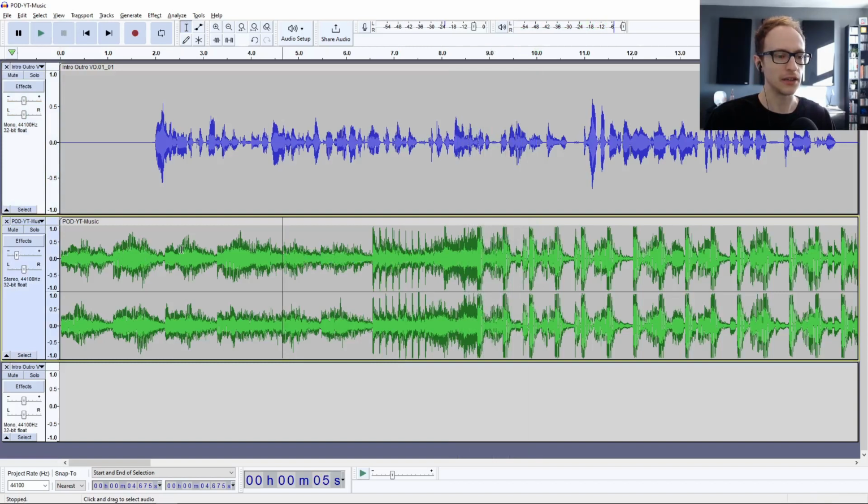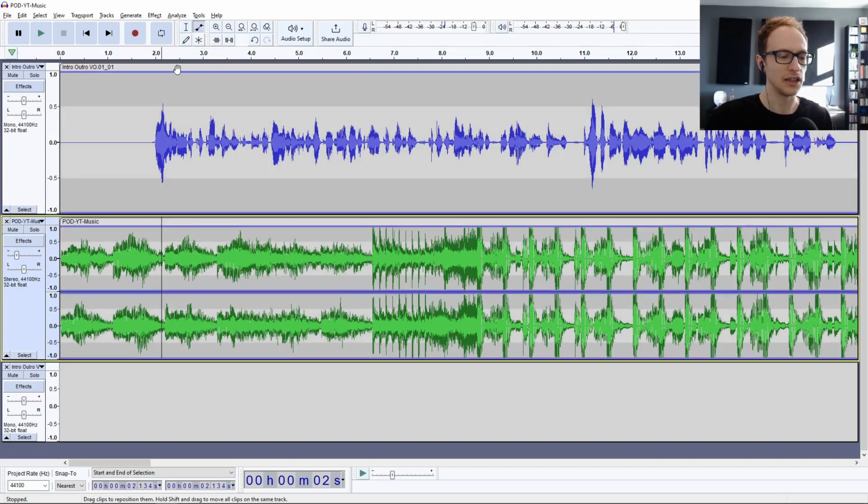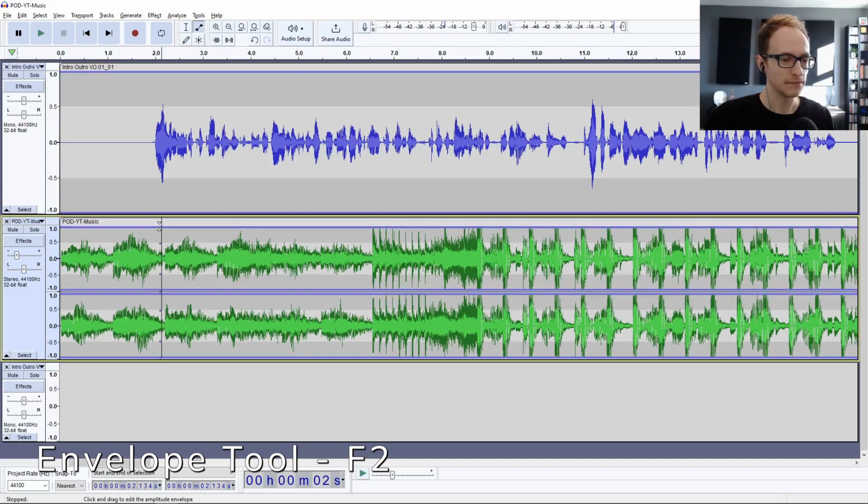Okay, so it's still a little bit quiet, the vocal under there. So what we're going to do is where that vocal comes in, we're going to slightly adjust the level of the music with the envelope tool up here. So you can click the envelope tool or press F2. And where that music comes in,